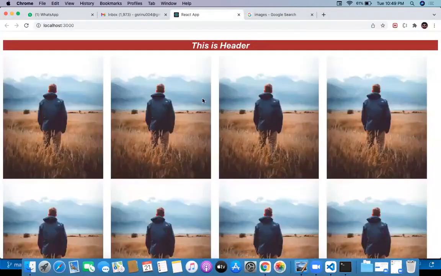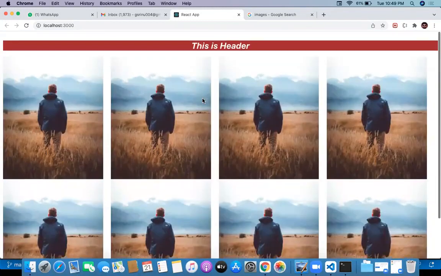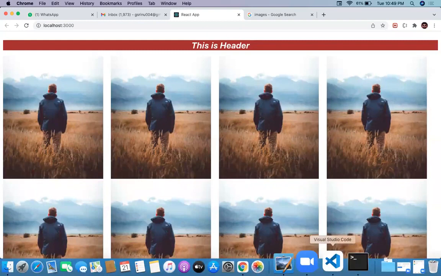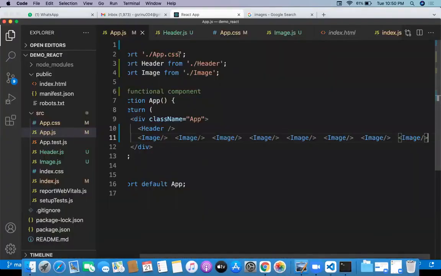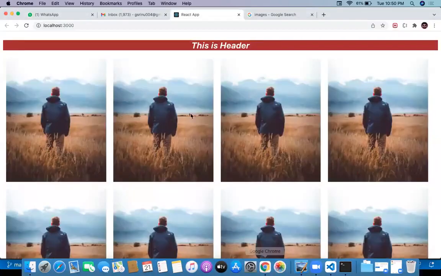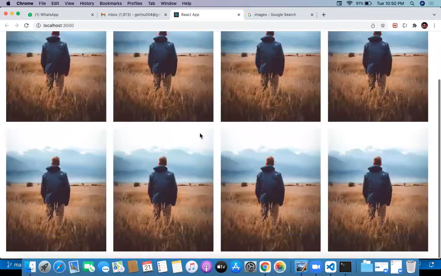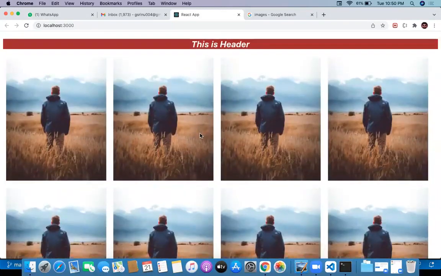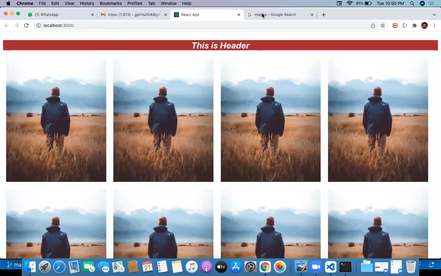Now you see, you got a good look and feel for the image set. Margin right, no. Instead of giving margin right, I will take margin on all sides, 10 pixel. If I say margin all sides 10 pixel, it is looking good, I think. Yeah, this is nice now. I thought you got to understand how the